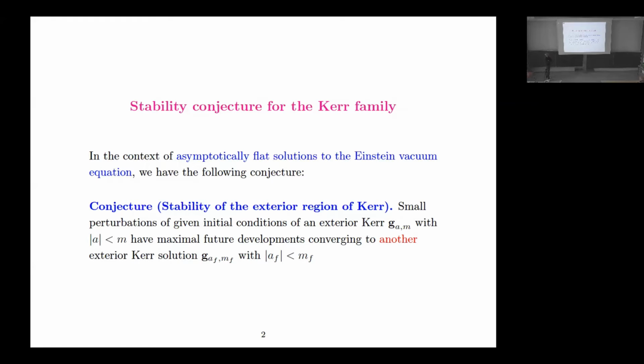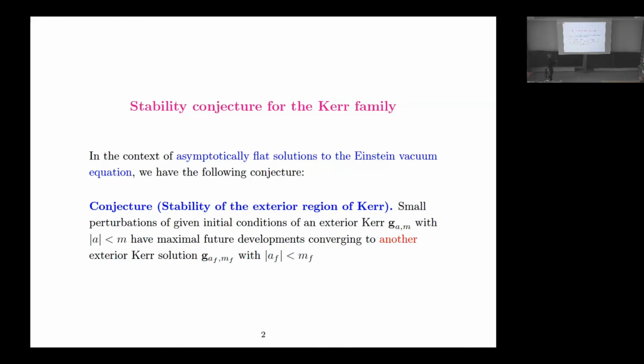And to the Kerr black hole, and the conjecture is that small perturbations of given initial conditions for an exterior Kerr in the sub-extremal range. So I'm going to present the Kerr solution in the next slide, but it's a two-parameter family of solutions, and you look at the sub-extremal range, in other words, the absolute value of the angular momentum is strictly less than m, then the solution should be global and converges asymptotically back to the Kerr family, except that generically it converges to